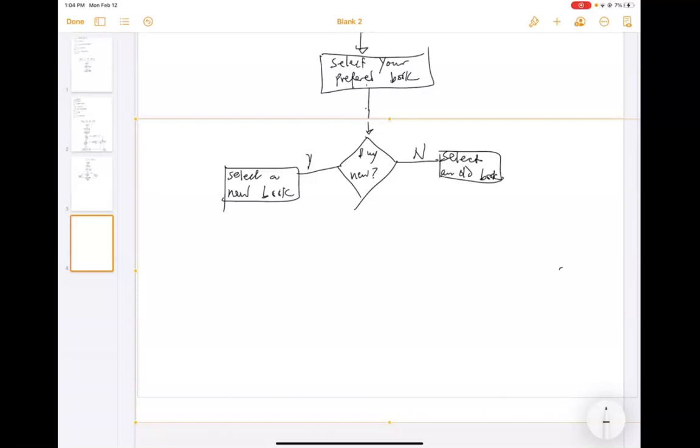And once you have selected a new book or an old book, then the next thing is to add to the cart. And therefore you will add to the cart. So whether you selected the new or old book, the next process, you can do a number of things if you want to, but at this moment I will just add them to the cart. And then you can review your order